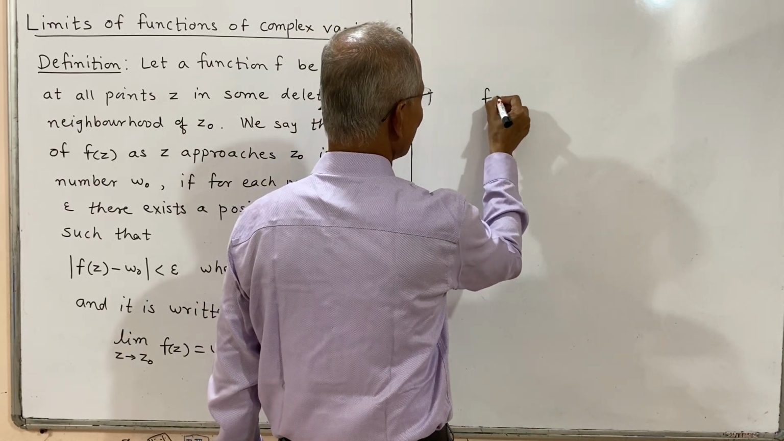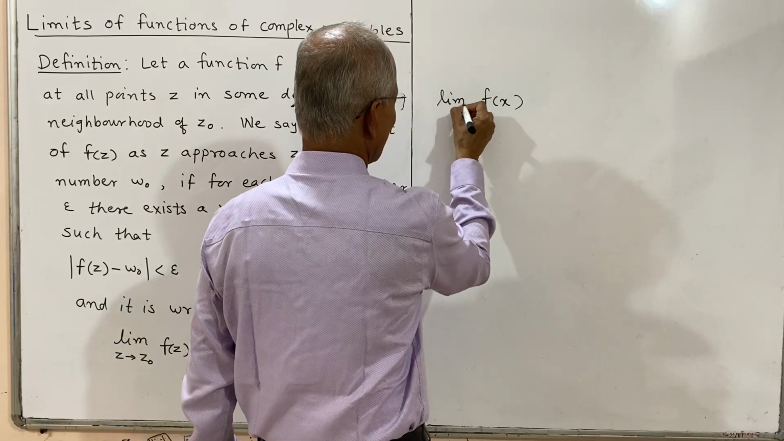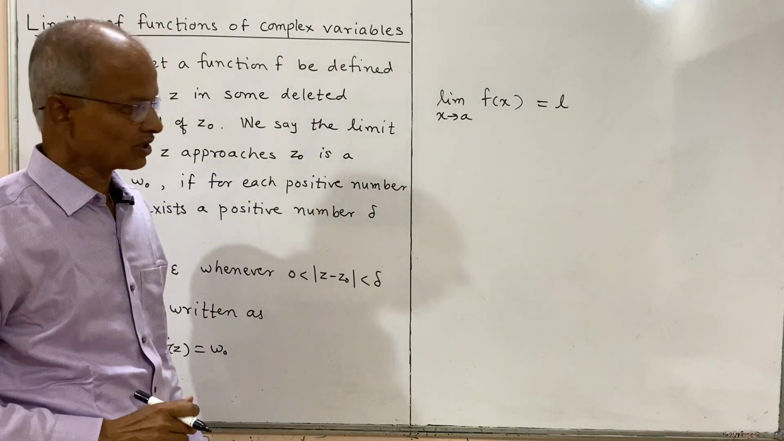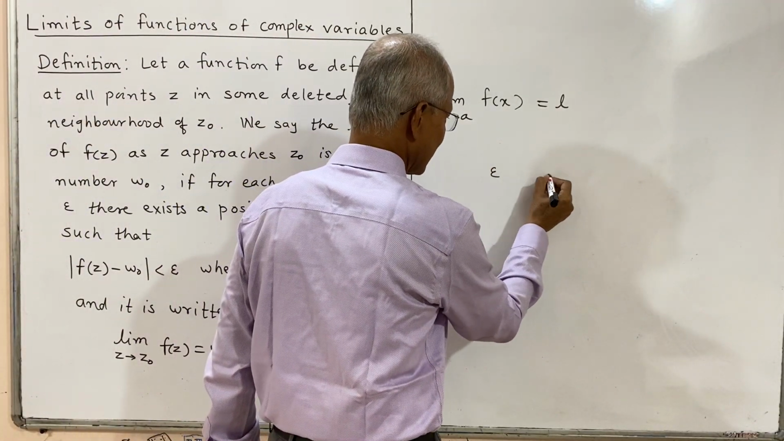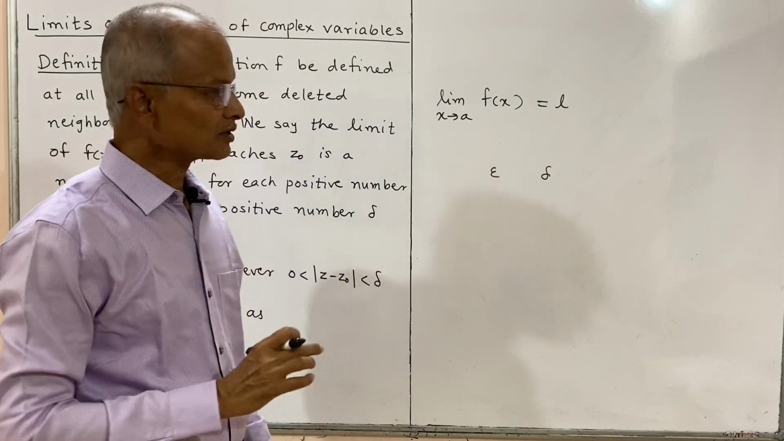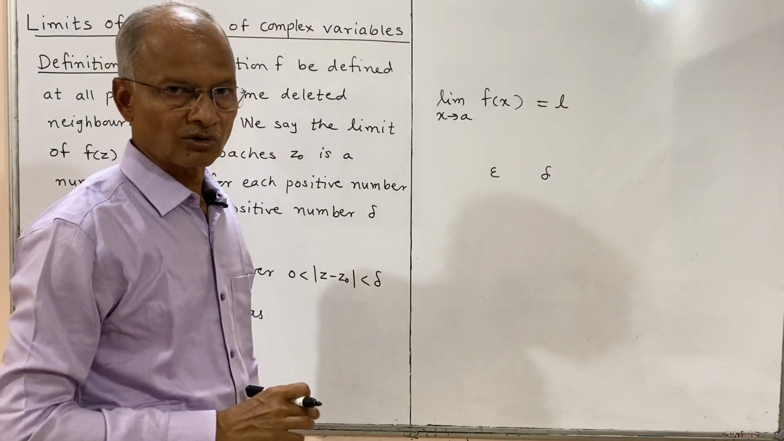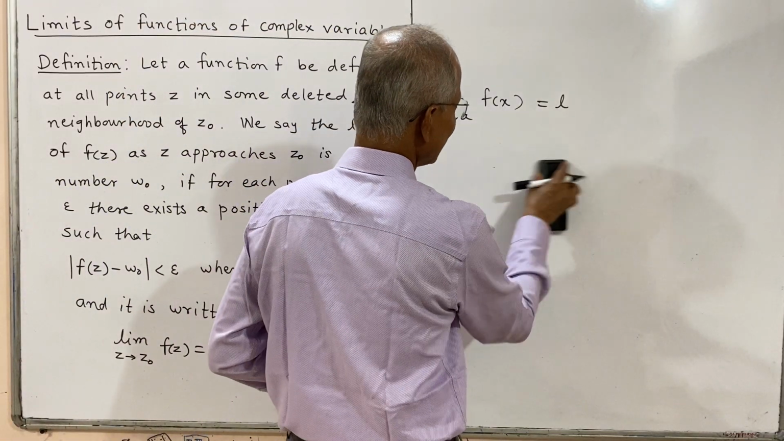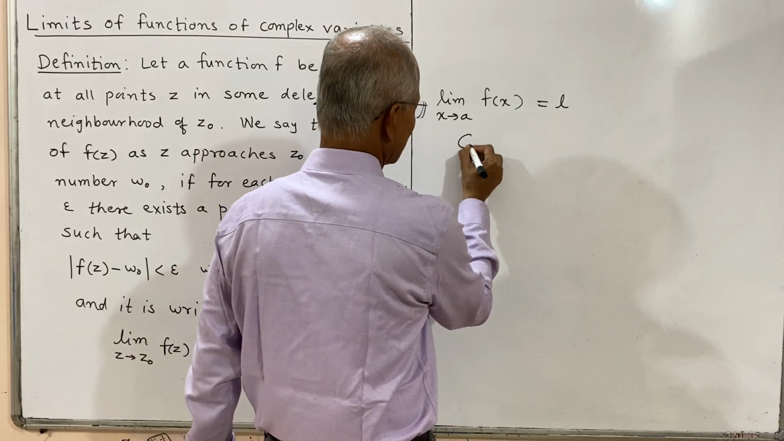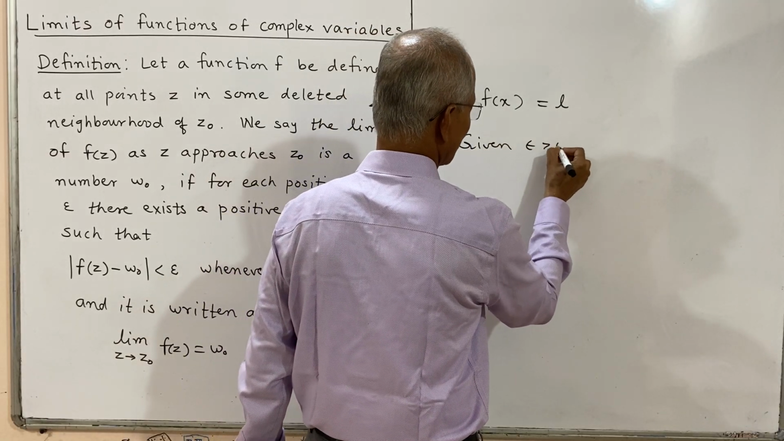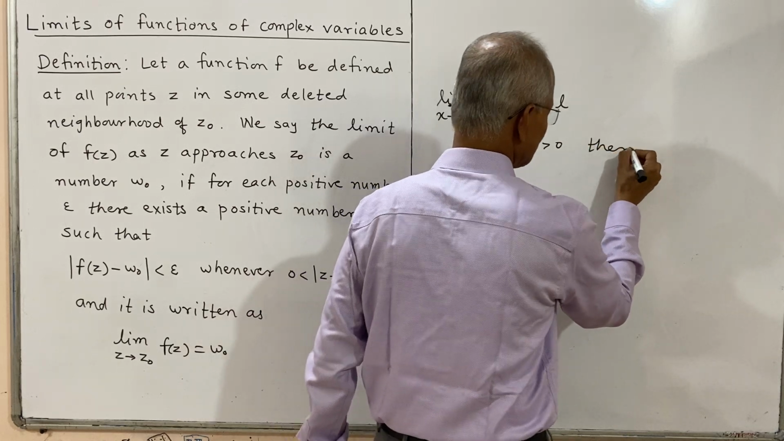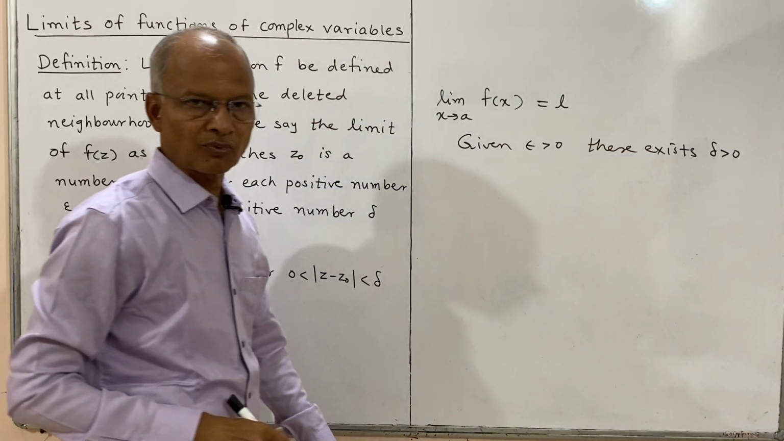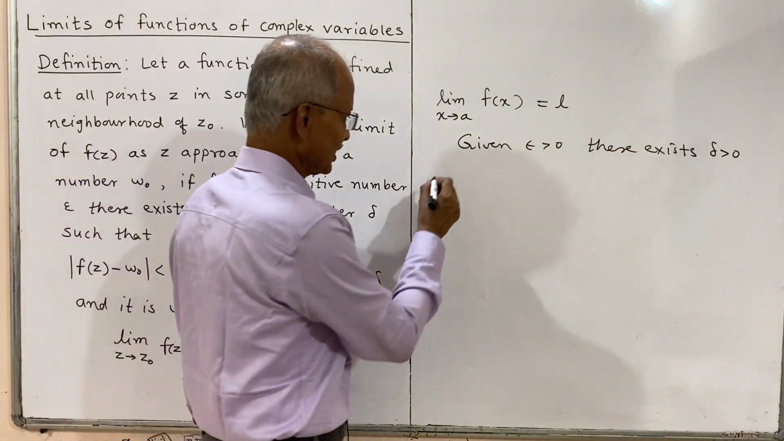We say a function f of x has limit L as x tends to a. And what is the epsilon delta definition? Epsilon and delta are Greek letters used to denote small positive real numbers. Here the definition is given: for every epsilon greater than 0, there exists delta greater than 0, that is, a small positive number, such that